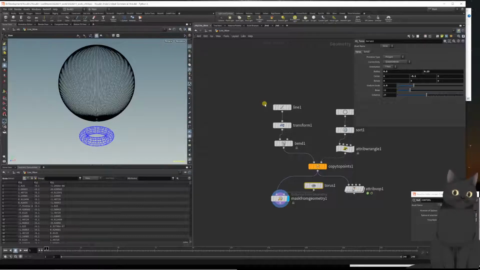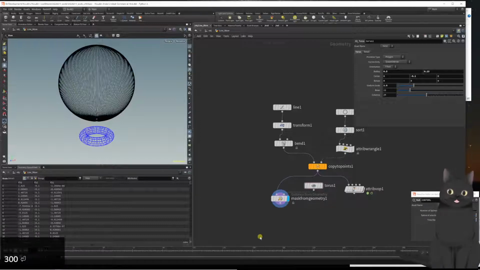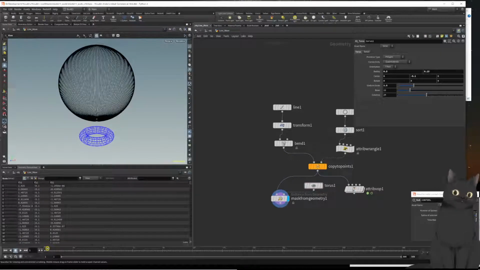So basically we scale and go up, and then